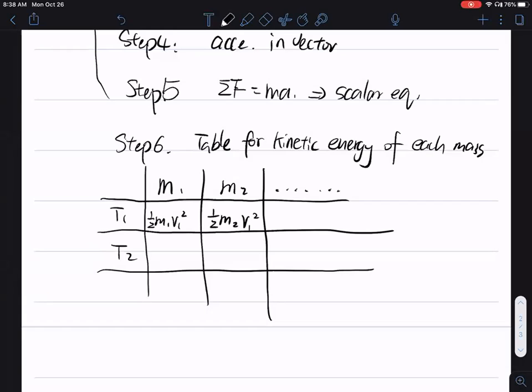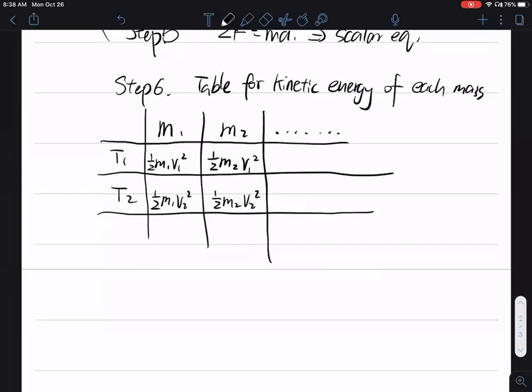At position 2, the kinetic energy is 1/2 m1 v2 square, 1/2 m2 v2 square. So what do I mean? Build a table for kinetic energy for each mass. So that's step 6. Step 7